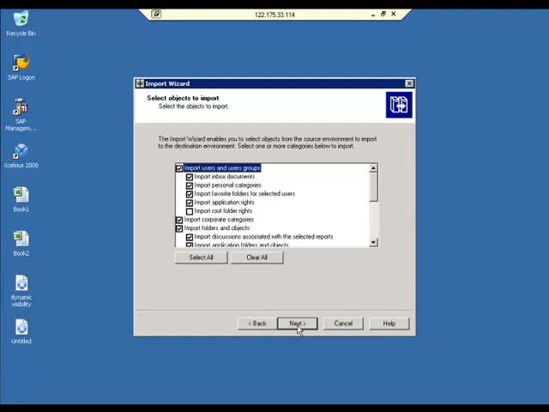Basically, we have two kinds of migrations. One migration is complete migration. The second migration you call as incremental migration. In complete migration, you are going to migrate all the things from dev to QA the first time. Incremental migration means today you migrated 10 reports from dev to QA.